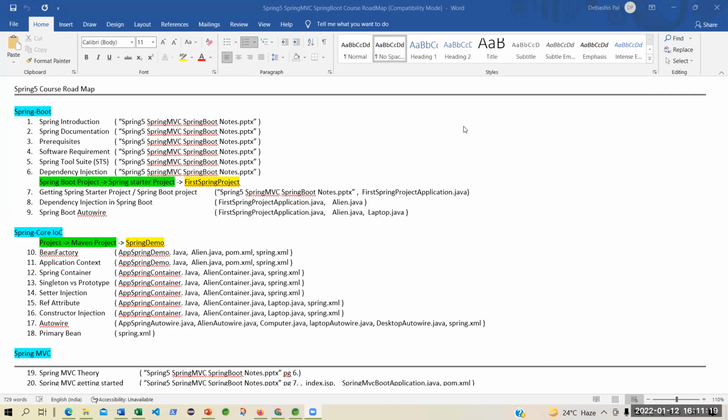I should not have started directly from a Spring Boot project, but I wanted you to see the magic world first. Only when you come down to the hardcore world will you see how difficult it is. After the Spring Boot starter project, we will come to Spring Core, IOC, inversion of control. The control of the object has now reversed. It is now not with you, but with the framework.